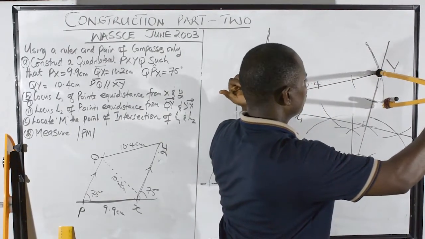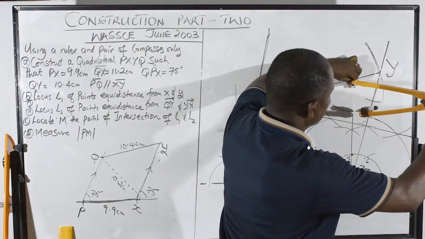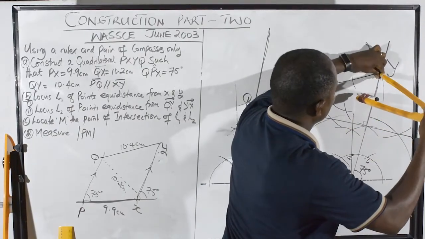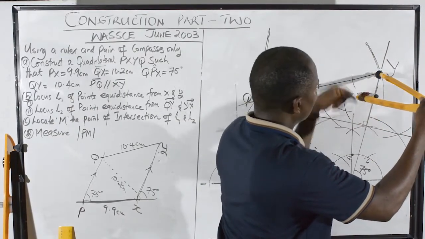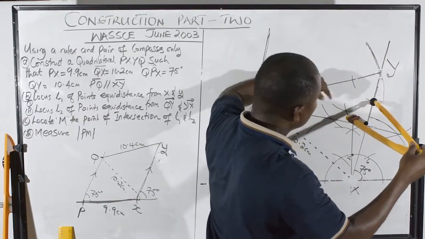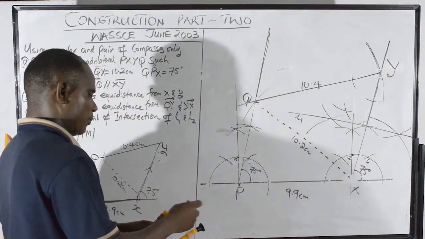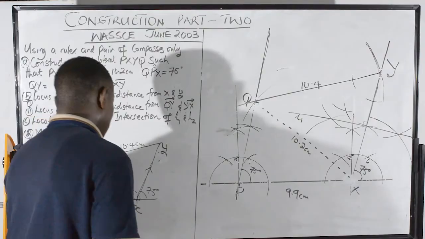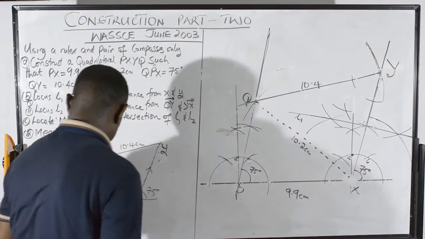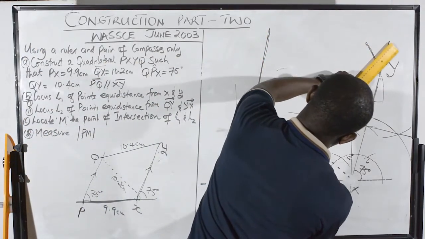So I've done so far there. You see, you move to these arcs and strike. Then you move to these arcs and strike again. So I stood there, cut this arc and this arc. Then I moved there to cut this arc. Then I moved there to cut this other arc. That is a bisector of that angle because there are two letters. When it is two pairs of letters, you look for the common letter. That is the locus we are trying to construct. So we have the locus. That's locus L2. So join that point with that.